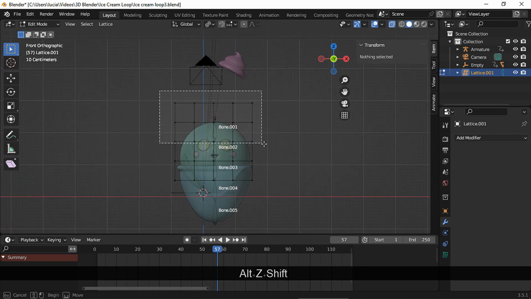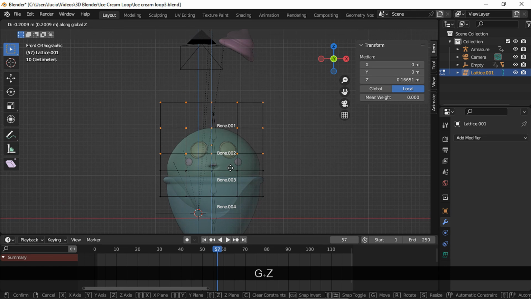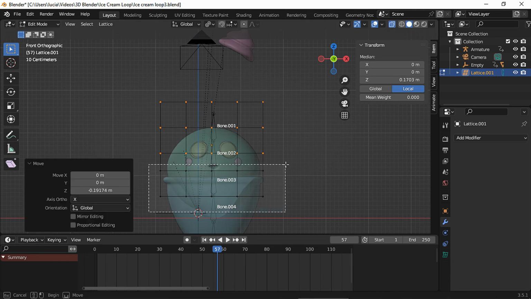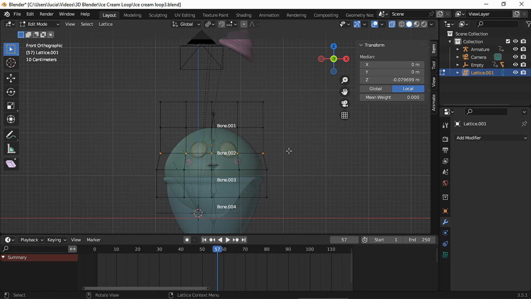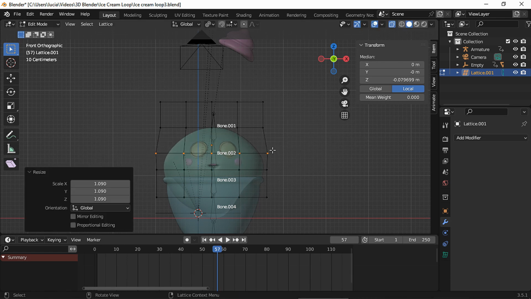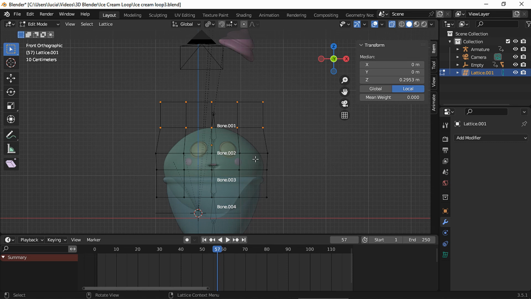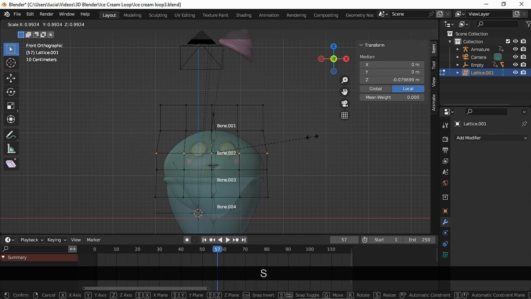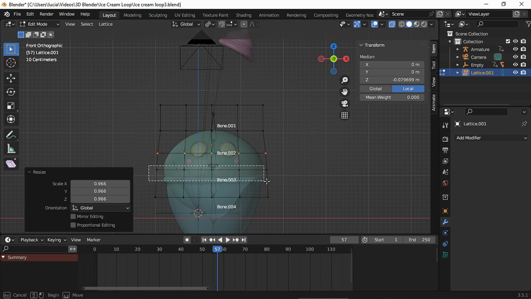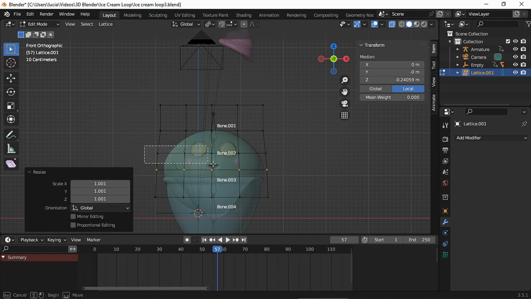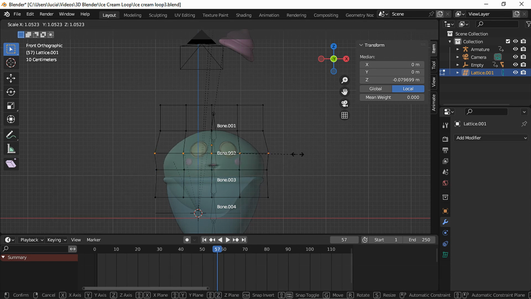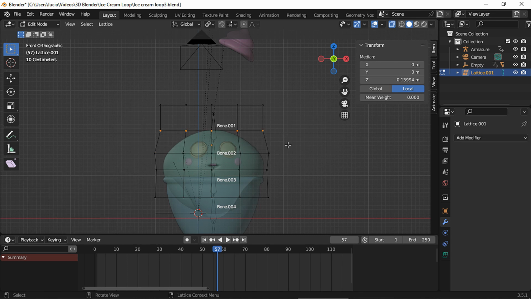And let's select all these vertices, move them down. Now select all these vertices and scale them up a bit. Select this and scale up a bit. And now select these vertices and I'm gonna move them down a bit more. Scale these bottom vertices. And now back to this, scale them a bit, and I will scale this until the scoop of ice cream looks chubby. Make sure the shape doesn't look too wonky, and continue moving the vertices until you're happy with the shape.